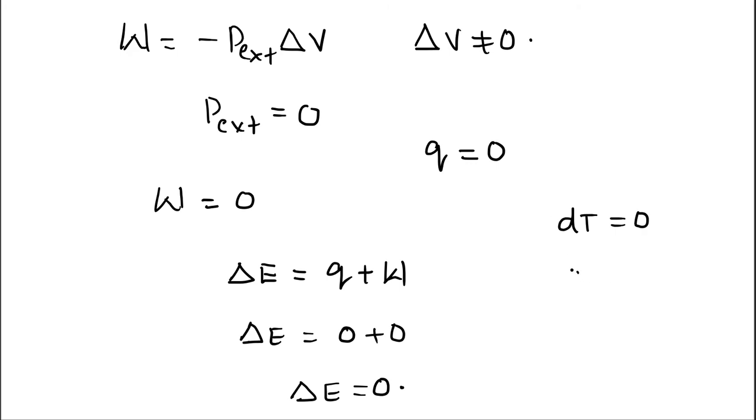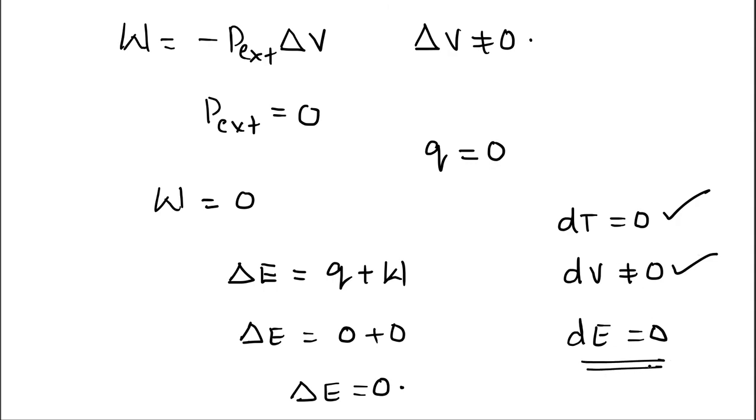and also we know that dV is not equal to 0, and we also know that dE equal to 0. This is true from the temperature of the water. No loss, no gain in the temperature of the water. And this is true because the gas is expanding into the second copper vessel. Therefore, change in volume is not equal to 0. And there is no change in internal energy. How do we prove this? No heat gain, no work done. Therefore, there is no change in the internal energy. So now these are the three important observations in Joule's experiment.